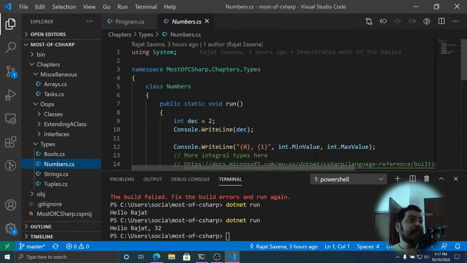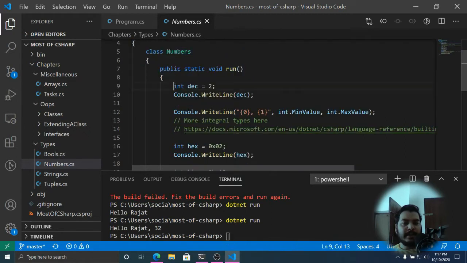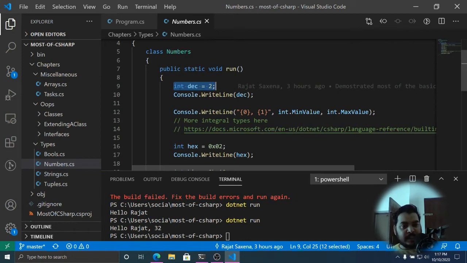So there are many types in C#. Here are some of the basic types. So let's start with the number type. Okay, so again, this is the stuff we have already talked about, and here comes how you define an integer type.